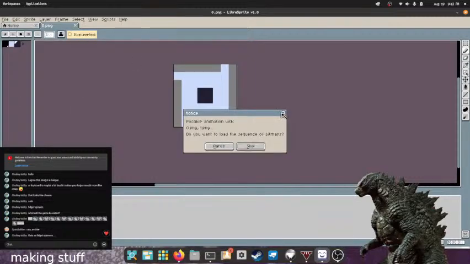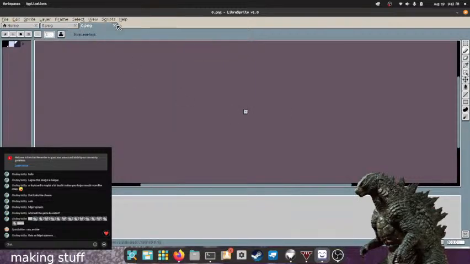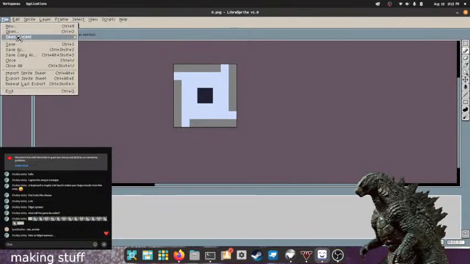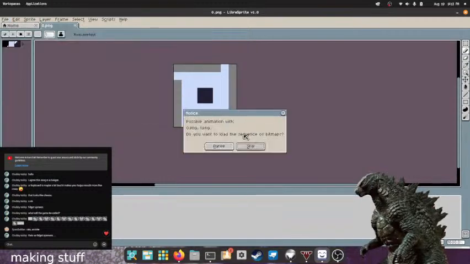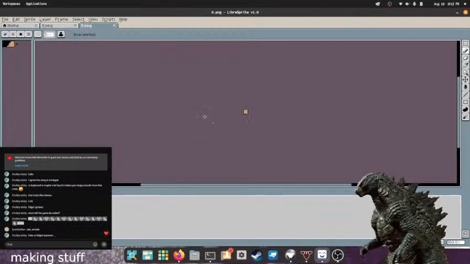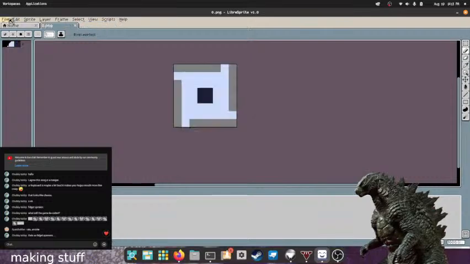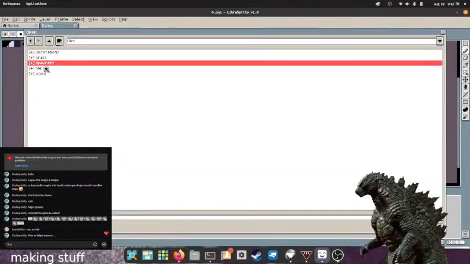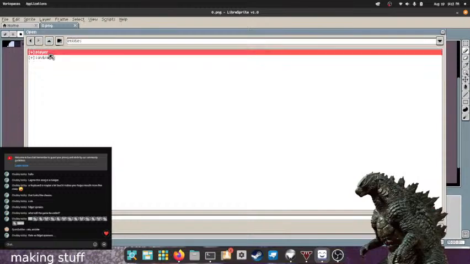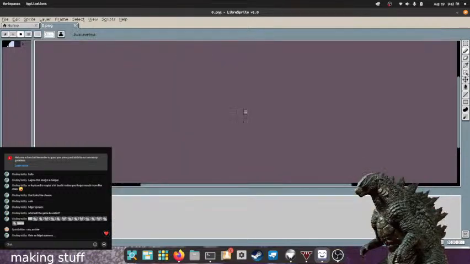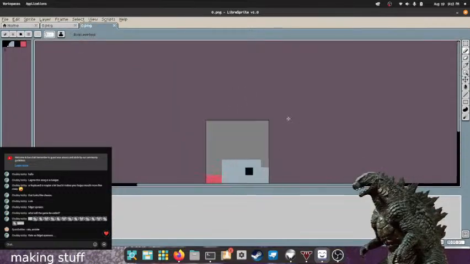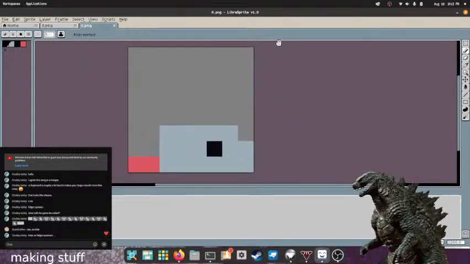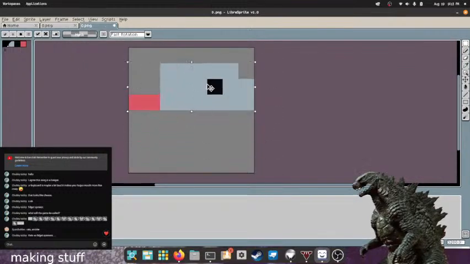Oh wait, wrong one. No! Wrong zero! There's so many different zeros in here. Nope, skip. Dang it. Okay, I'm just gonna actually hit open. I forgot I can do that. Let's go to this. Because I do want it to only be 3 pixels collision height, because that way it's accurate to the rat.